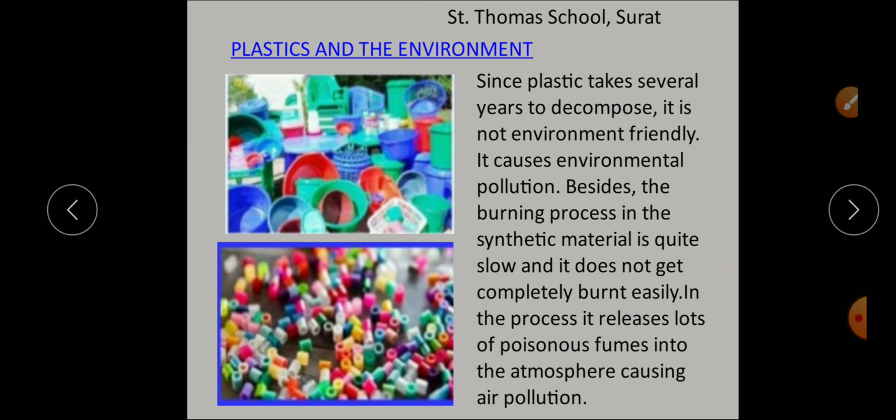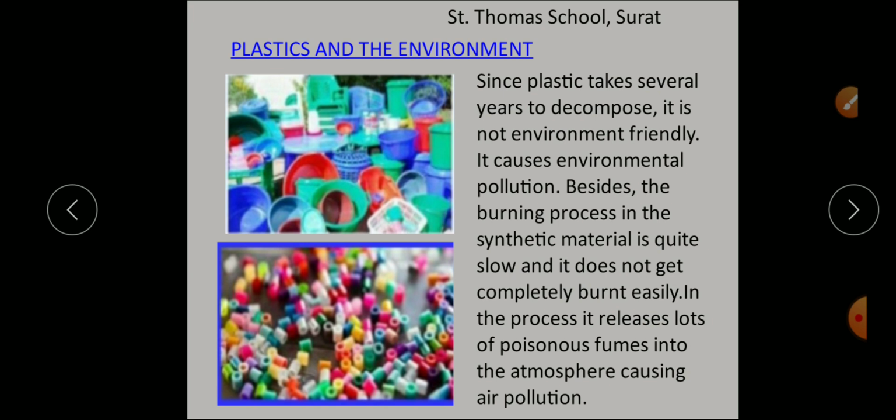For example, animals like cows, they used to eat the food waste, right, which is lying on the roads. So at times they accidentally swallow polythene bags. What happens at that time? They accidentally swallow the polythene bags. This results in their death. Why? Due to the choking of the respiratory system. That plastic is going inside their stomach, and that is choking their